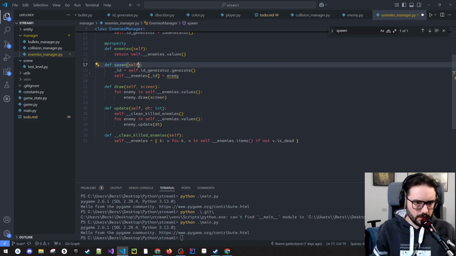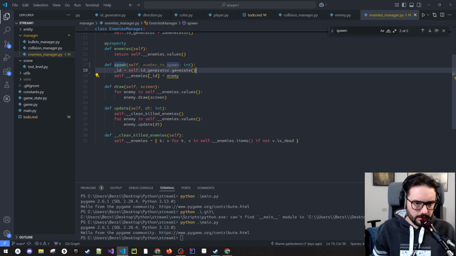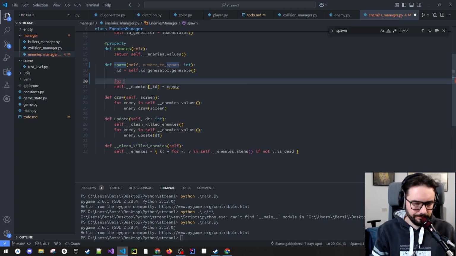So let's just ask for a number to spawn, an integer, and iterate through this number. Let's proceed for now. Let's not overcomplicate everything from the start. So for n in number to spawn,